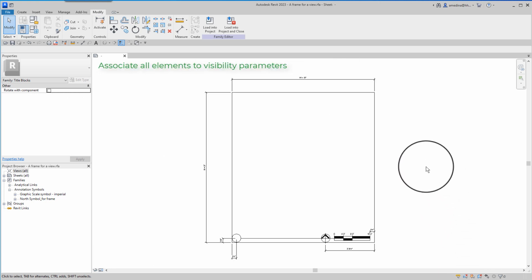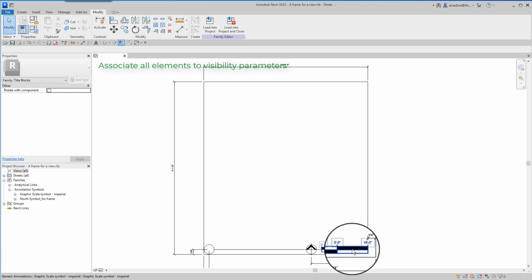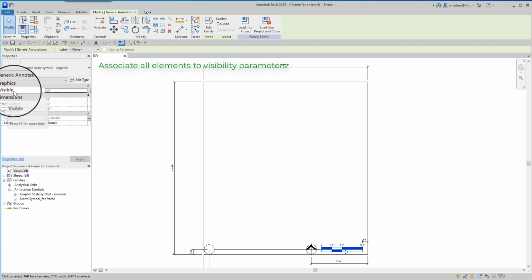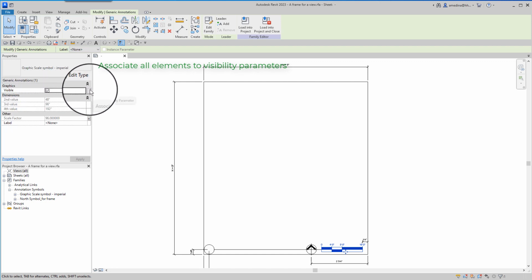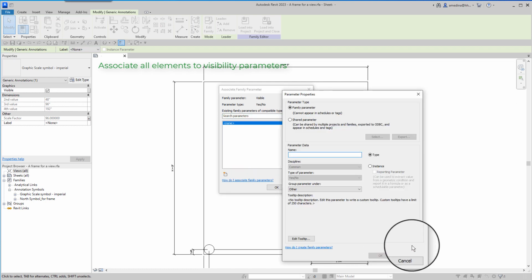The next step in the process is to create visibility parameters for all of these things. To begin, let's work on the graphic scale symbol. I select the graphic scale symbol, go to Visible, click on this little button, create a new parameter, and I always begin these parameters with the word show.